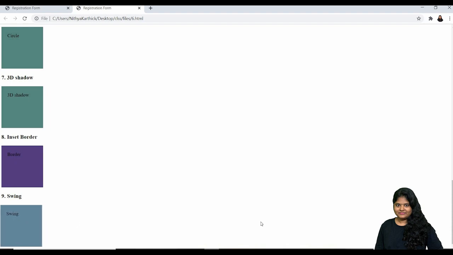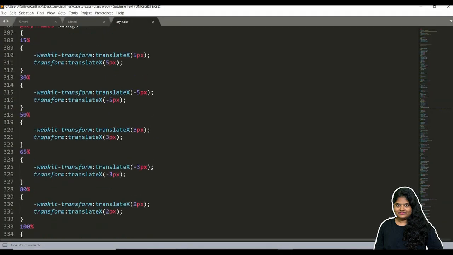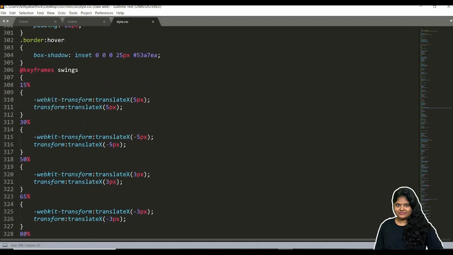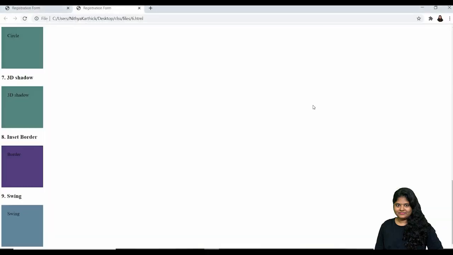If you want to increase this thing also, you can increase. So 15, 15, 15, now 13, so that you can identify a complete difference. Okay, save it, come here, refresh.